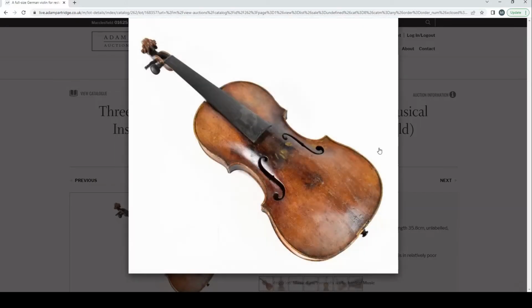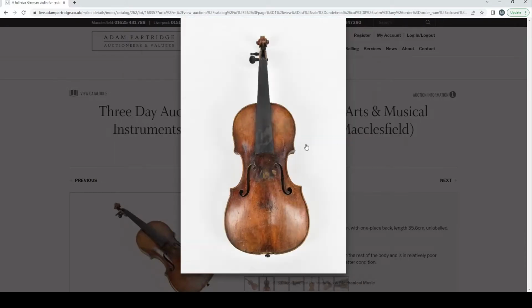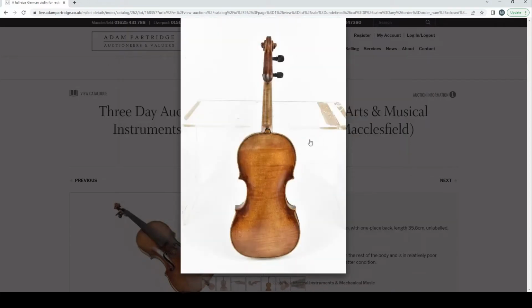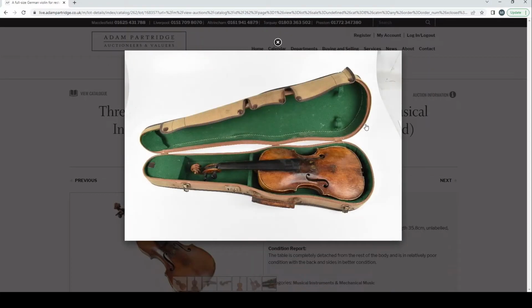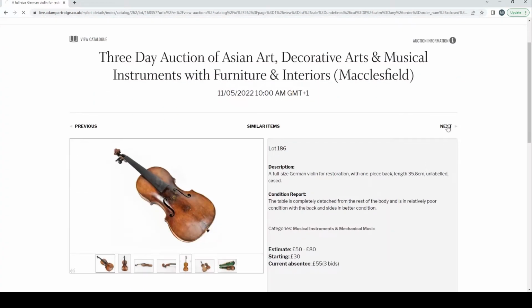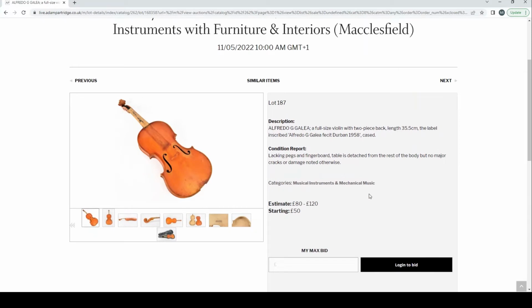Now we're getting a lot of bidders, early bidders in on this. Interesting scroll. Yeah, slightly interesting. Okay,